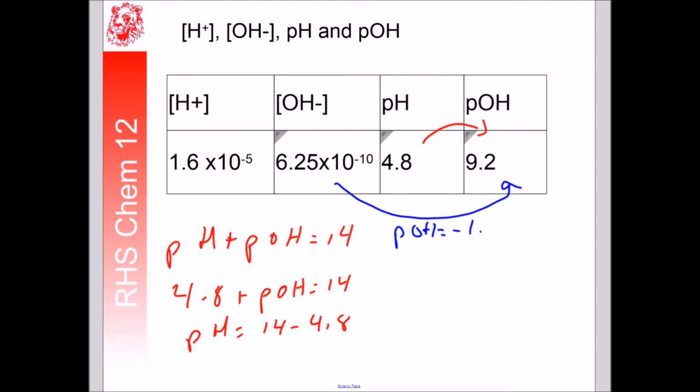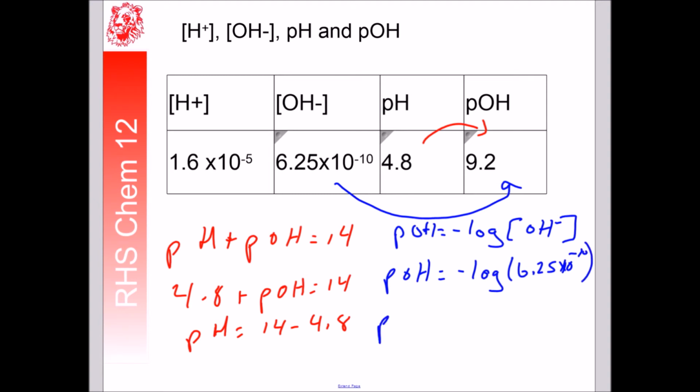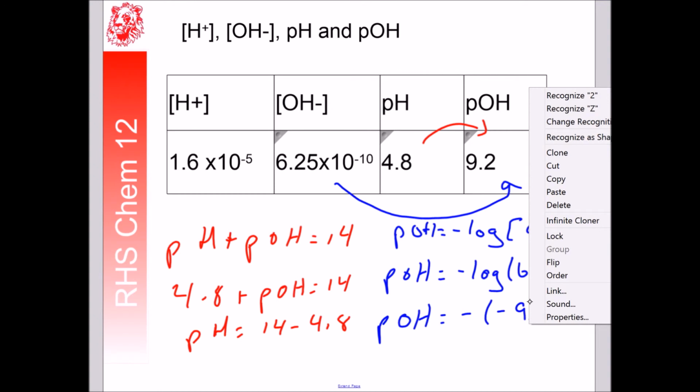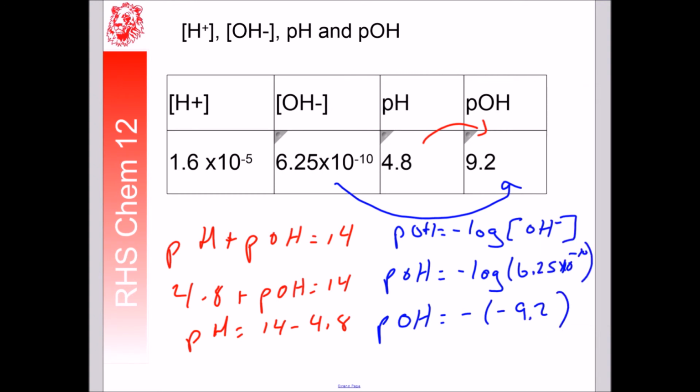Great. However, I could have also gone the blue way, and so pOH is equal to the negative log of the concentration of OH minus, and so pOH is equal to the negative log of 6.25 times 10 to the negative 10. And then the pOH turns out to be 9.2,